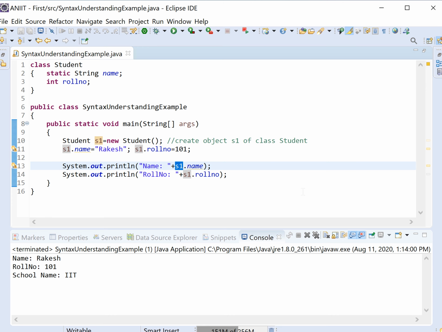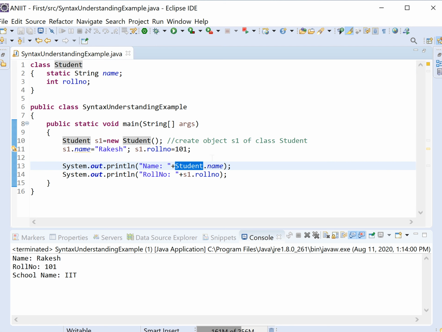A static member can be accessed by the class and by an object also. If you do not have an object, you can directly call it by the class name, Student. So a static member can be accessed by class and object, no doubt.